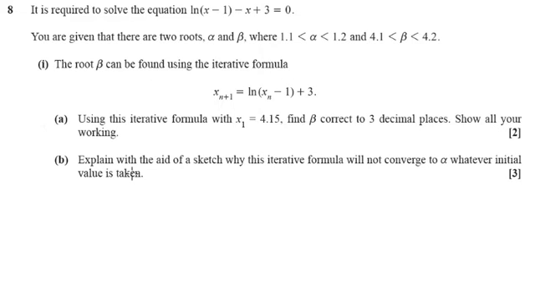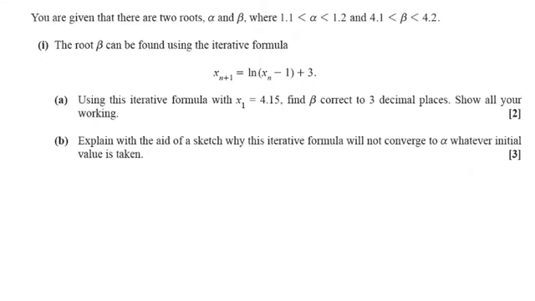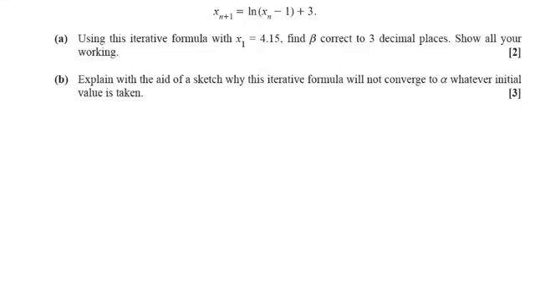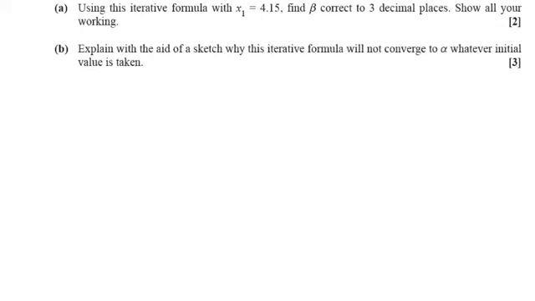Part B says, explain with the aid of a sketch why this iterative formula will not converge to alpha whatever the initial value is. So we need to know what this graph is going to look like. So we've got a natural log graph that's been transformed in the x direction and in the y direction. So if we sketch that graph, we're going to end up with something like